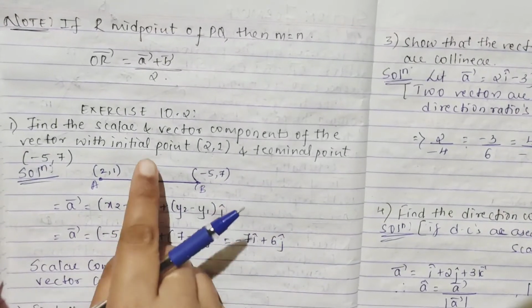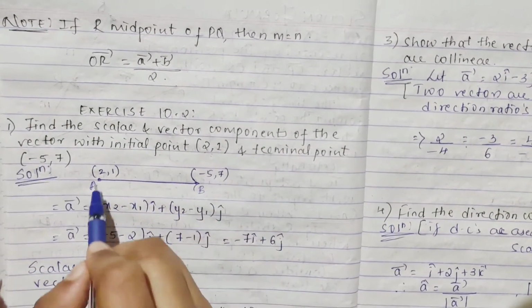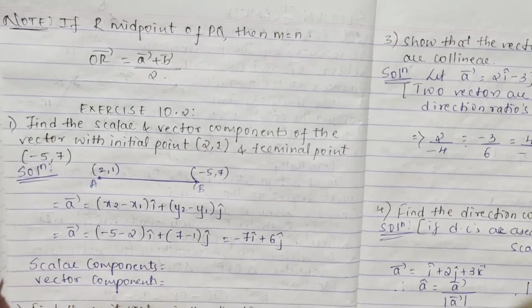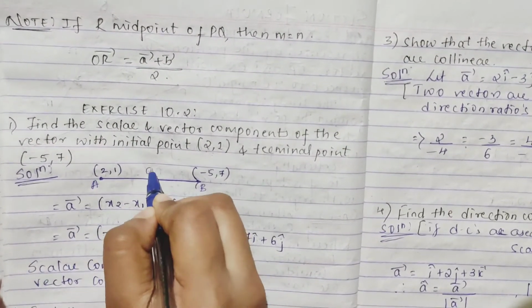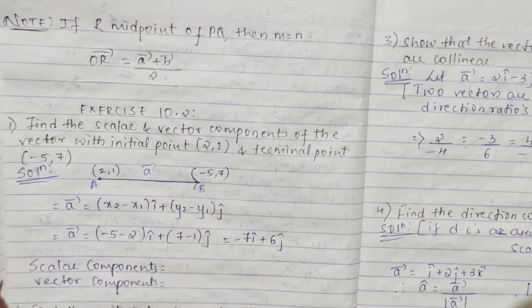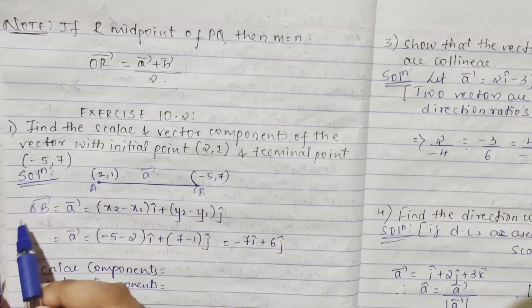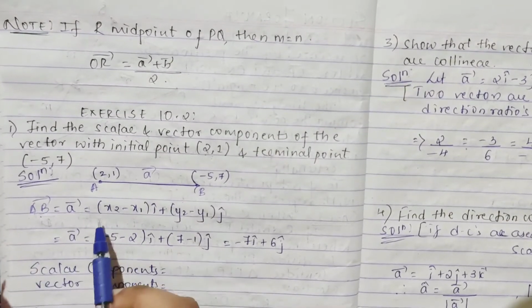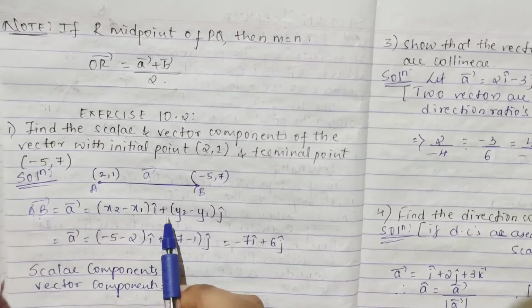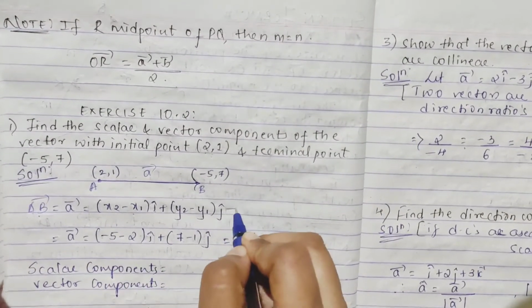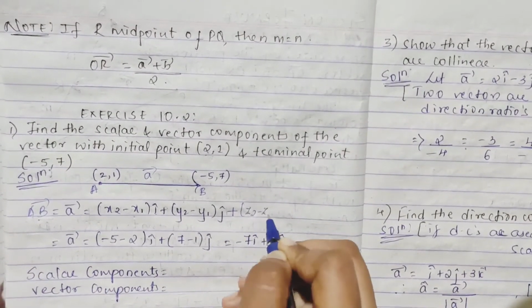If they tell you with the terminal point and initial point, then here the terminal point comes, here your initial point comes. Okay, be careful of that. This will be a whole vector A, right? This is your vector A, and we have already studied vectors joining 2 points. How do we find the vector of 2 points? x2 minus x1 i cap plus y2 minus y1 j cap. If one more coordinate would be there, we would write z2 minus z1 k cap,